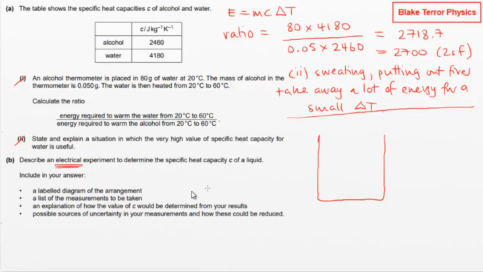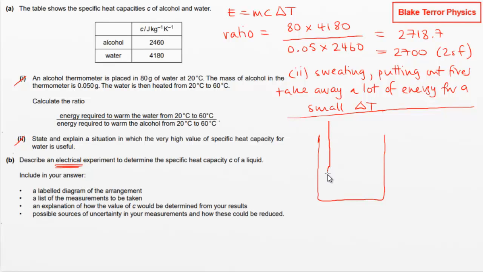Let's just have a quick look ahead to see if they're doing a way of improving. Yeah, see the last bit here, possible sources of uncertainty, how these could be reduced. You've got an option of putting in insulation later on. So I'm just going to do a beaker with